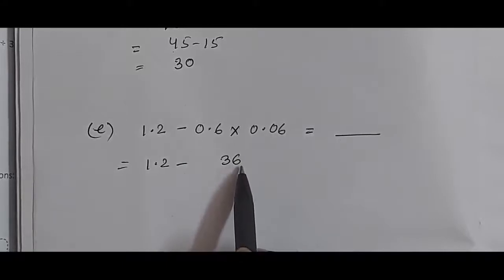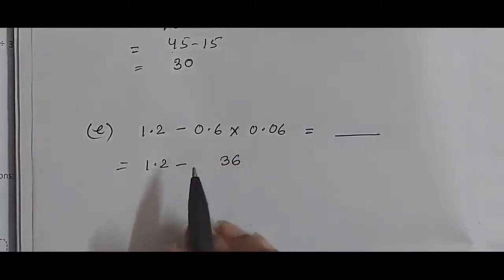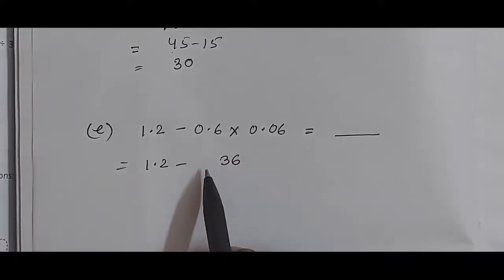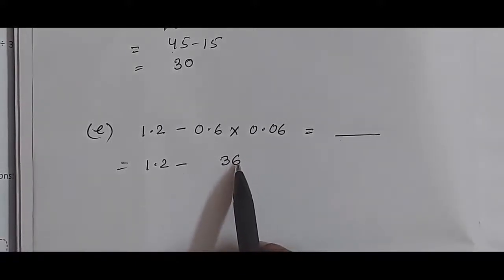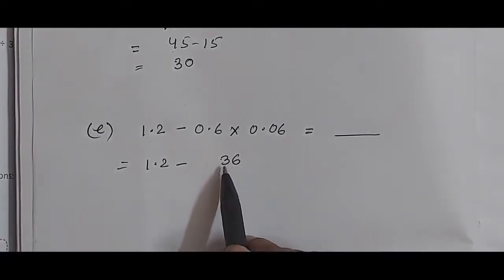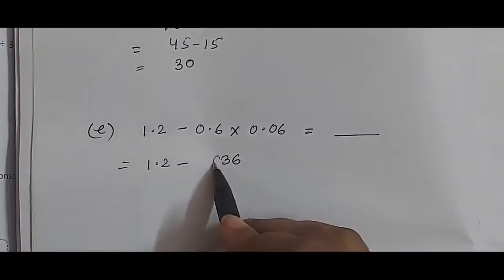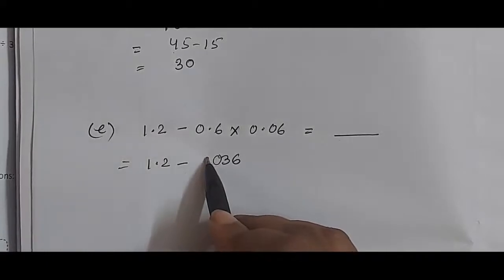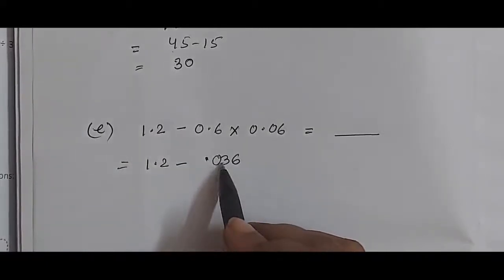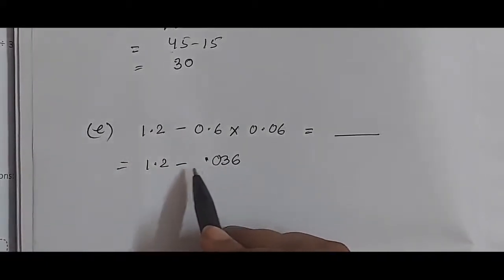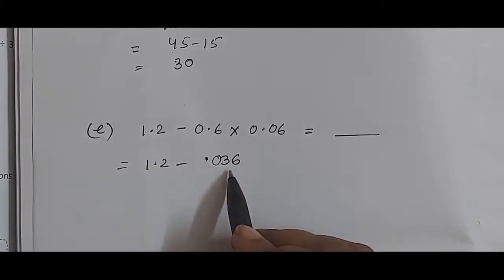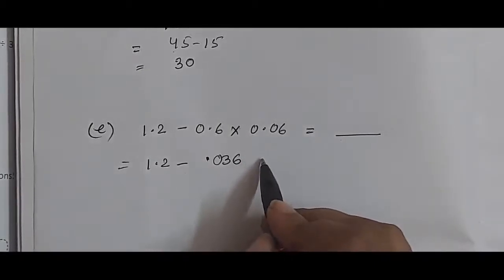So in the product you have to count 3 digits from the right-hand side and then place the point. 6 occupies the first place, 3 occupies the second place. For the third place there is no digit, so you place a 0 and then place the point. So it becomes 0.036. 1.2 minus 0.036 equal to,